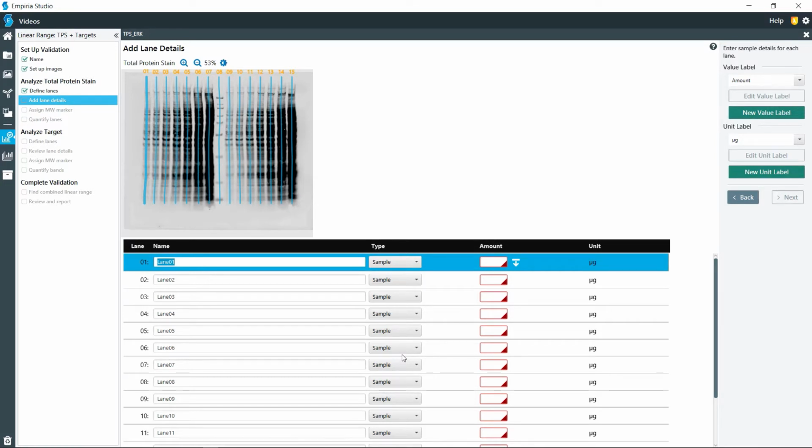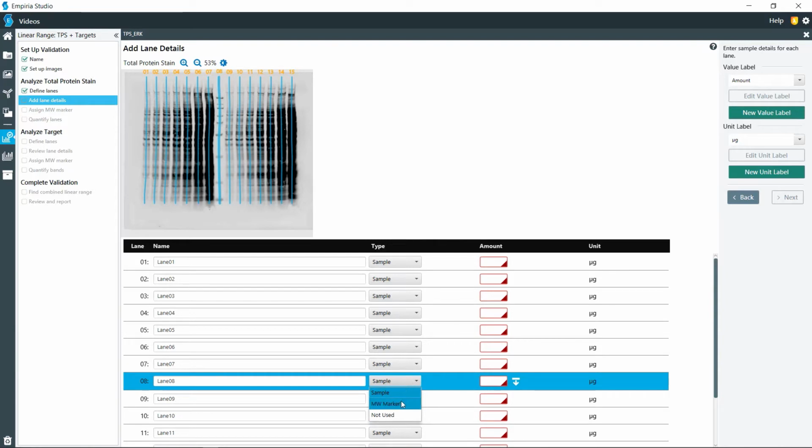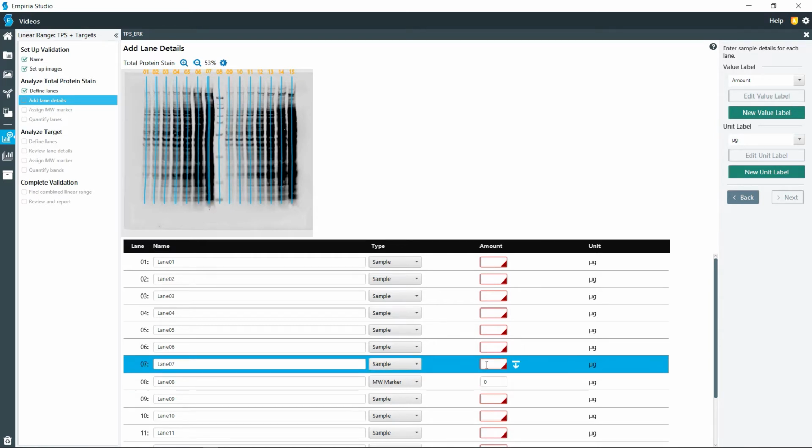And then this is where you're going to add the information. And so we know here in lane 11, or I'm sorry, lane 8, that this is my molecular weight marker. So I'm going to add that right there. And everything else in here is a 2-fold dilution. And so starting with the highest amount right there, this was 25 micrograms,